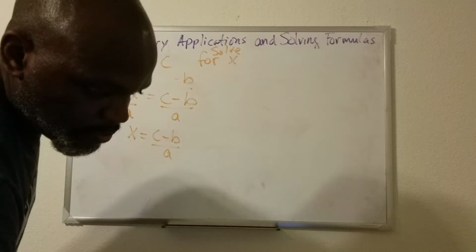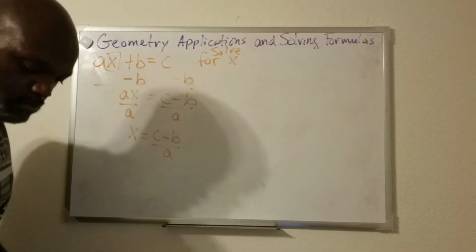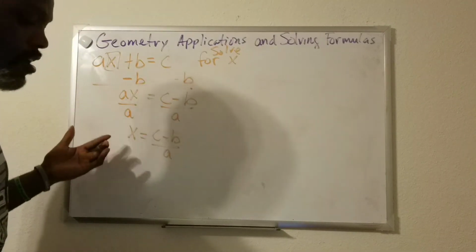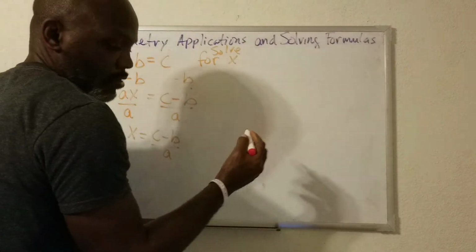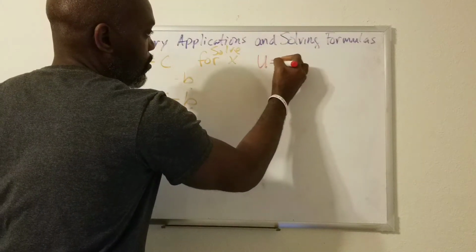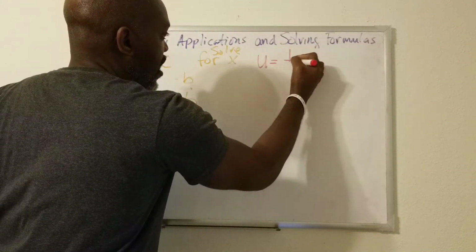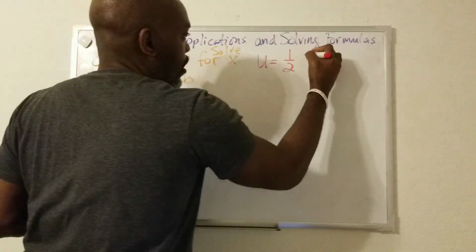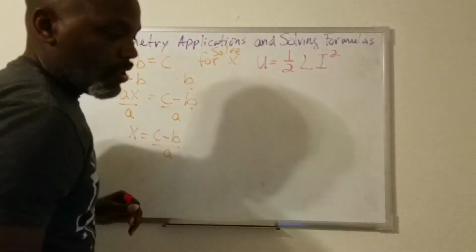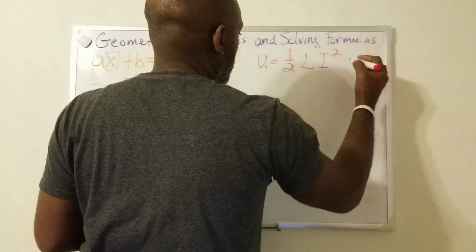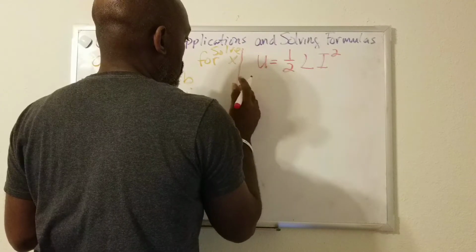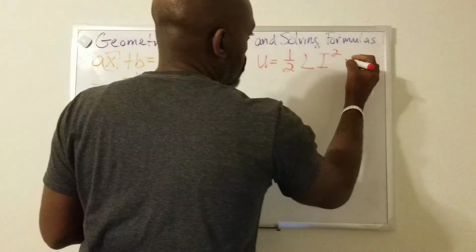Okay. So, with that being said, I'm going to give us a little more challenging. This is kind of challenging. I'm going to give you another challenging problem. It is u equals half of L I squared. And they want us to solve for L. So on this one, I'm going to solve